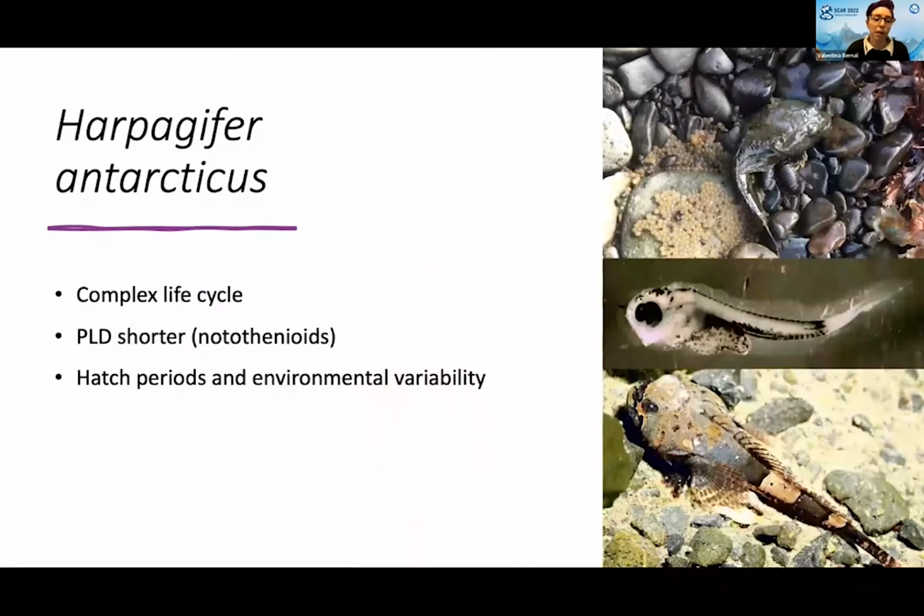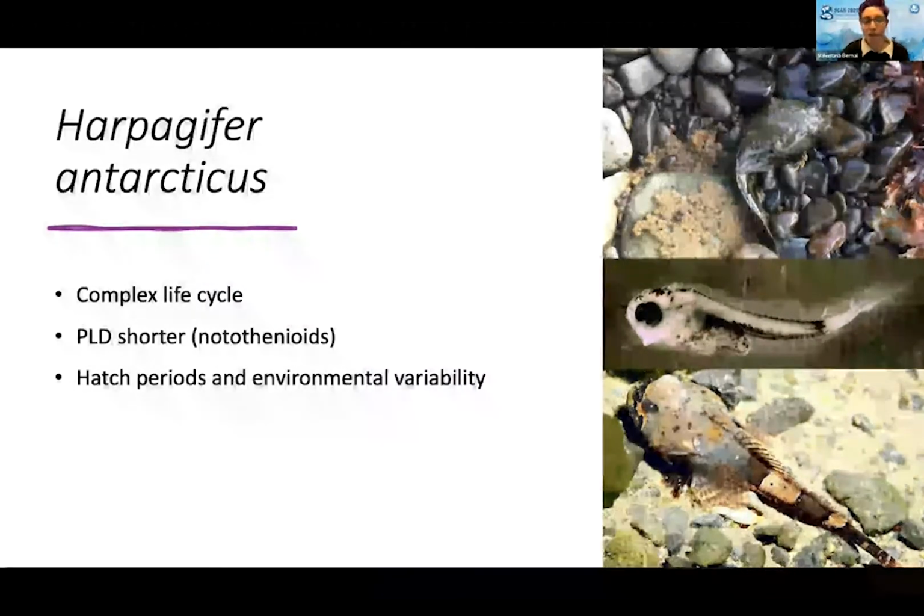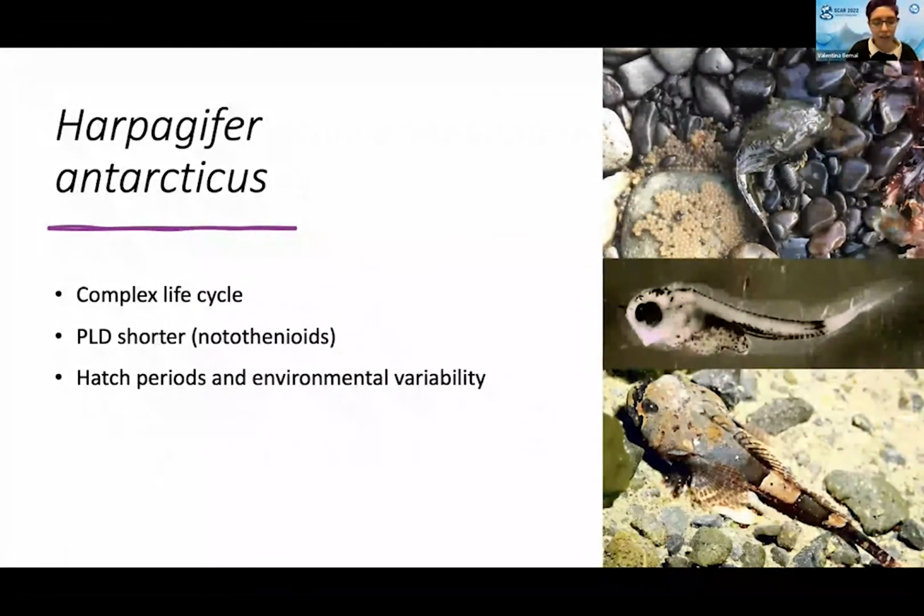So we are talking about Harpagifer antarcticus, which is a species with a complex life cycle, which means that they have one phase in the benthic habitat and one phase in the pelagic environment. So this species lays benthic eggs, like we can see in this photo on the top. And there's always an adult taking care of the nest. And then from this egg,